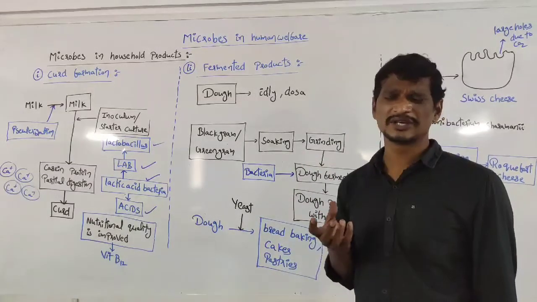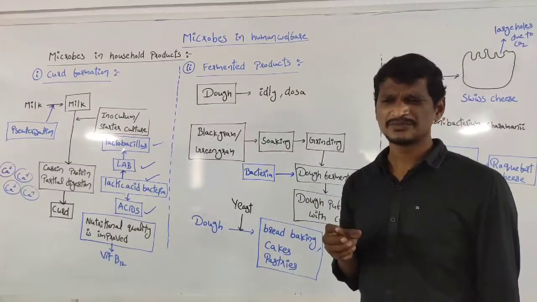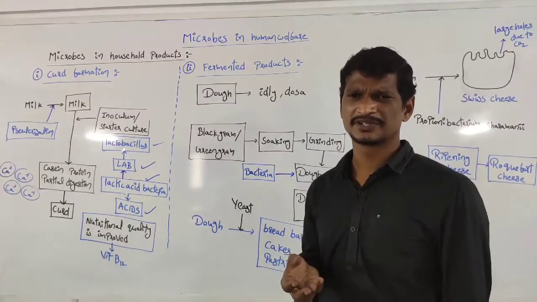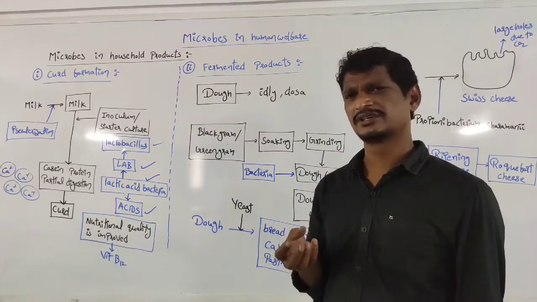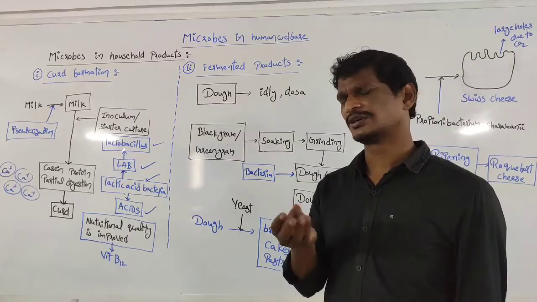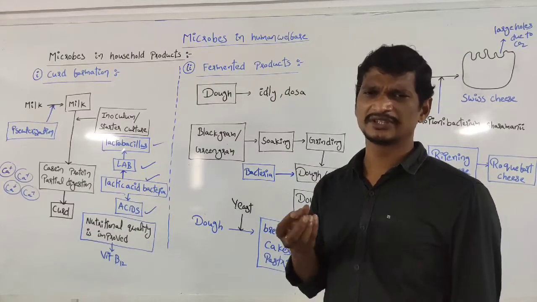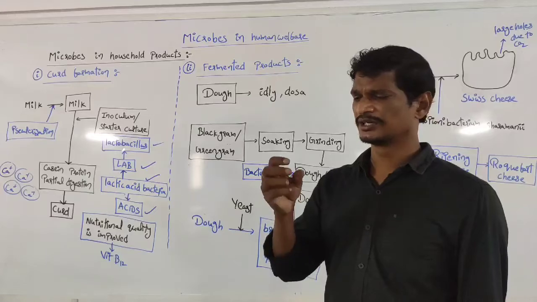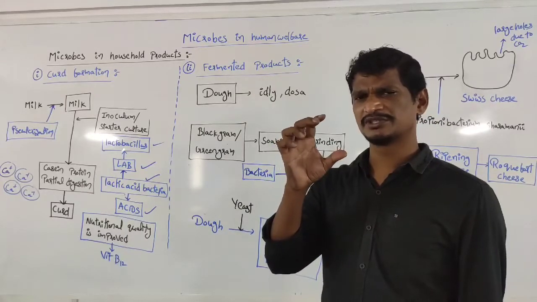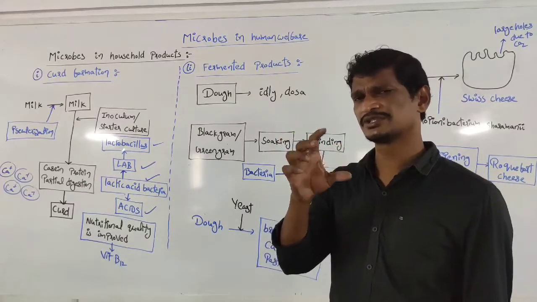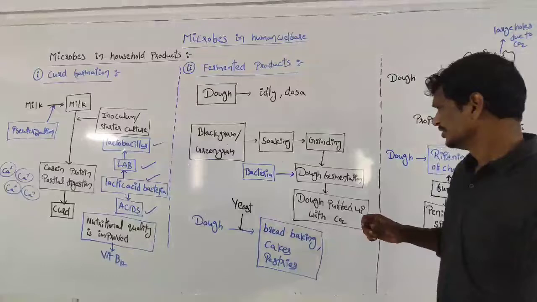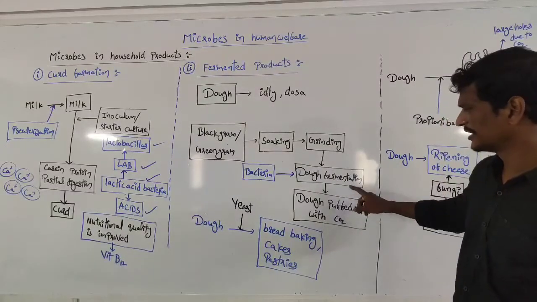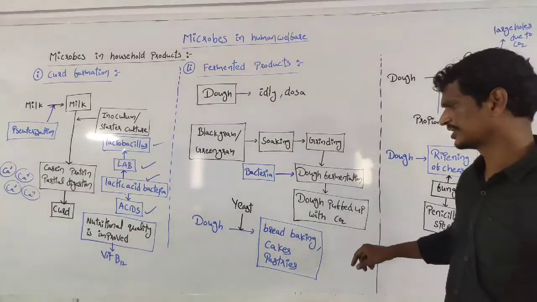Not only this, we also eat bhaji. In bhaji, we add chemical agents, one of them a salt, which has the capacity to release carbon dioxide. At that time the bhajis swell, because of the presence of carbon dioxide. So these are the products that we eat, and the taste is also enhanced here.